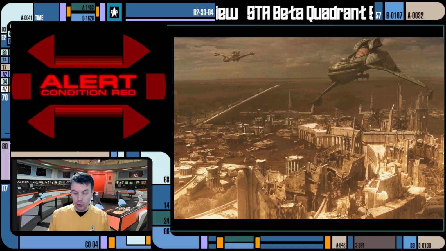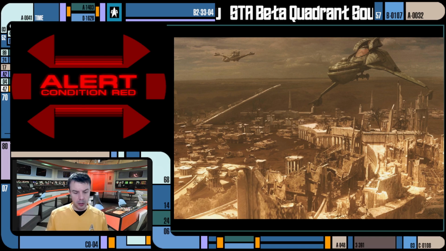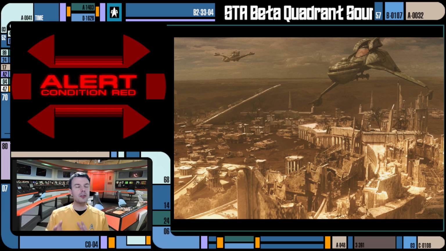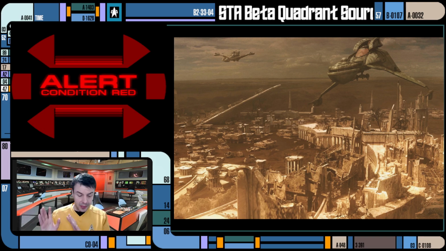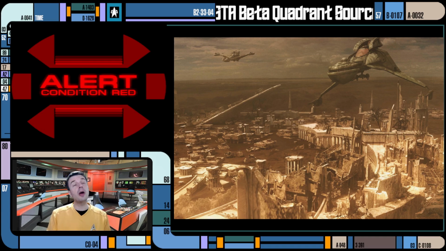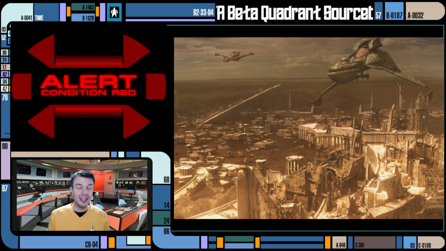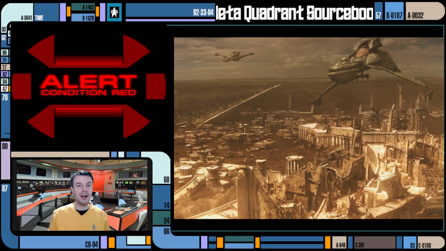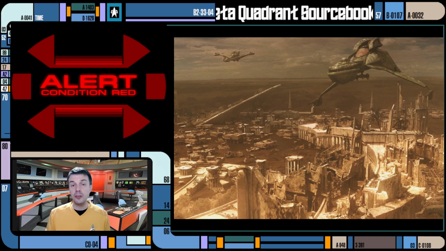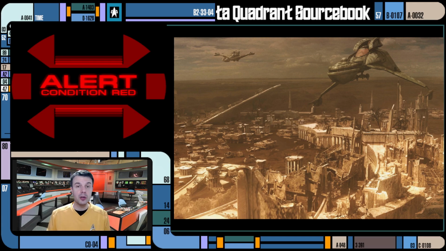It talks about the history of the Empire. There's lots of sidebars talking about the Code of Kahless, the Klingon marriage ceremonies, and just so many more aspects of Klingon culture. Then, I think one very good sidebar is about how to detect a cloaked vessel, which is quite a big deal in Star Trek, and I think a lot of players would have questions about how they do that,